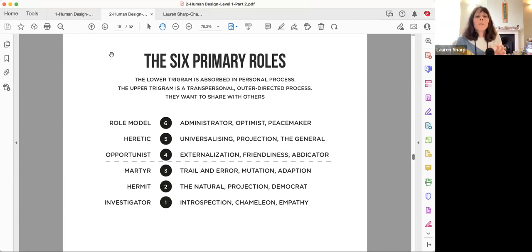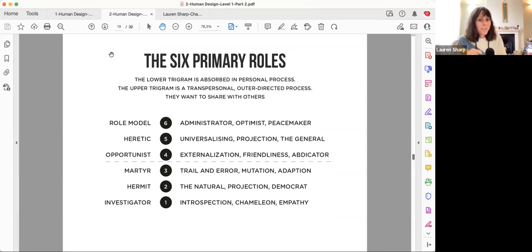If you have a 3 in your profile, and this is quite a big one, taking advice from other people dictating to you how things should be done, your process is very trial and error. You can listen, you can hear, you can take advice, but you've got to go out there. It's got to get a little bit messy. You've got to dig in the ground. You've got to go, oh, the plate's hot. How hot? Put my hand on the plate. Okay, very, very hot. That plate's hot, right?